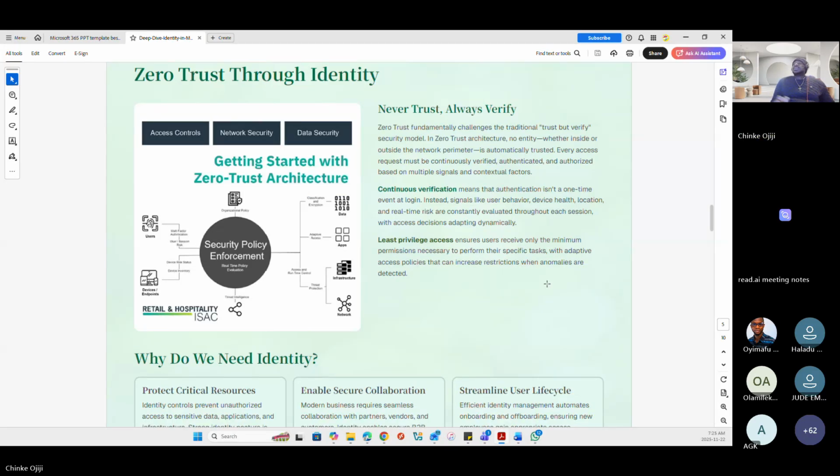So in the zero trust architecture, while authenticating and authorizing an identity to gain access, we also want to make sure that we are giving only the privilege that that identity needs. You would not want to give a user admin access for the user to access the admin center.